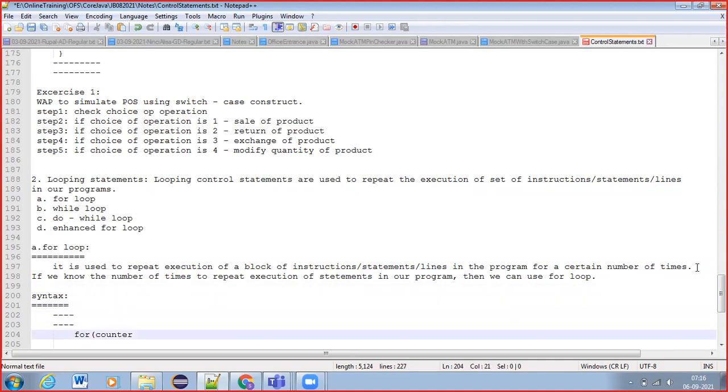Counter initialization means, in a for loop, we need to count how many times a block of statements is getting executed. Why? We need to repeat the execution a certain number of times, right? That means we have to count how many times it is being executed. So counter initialization,